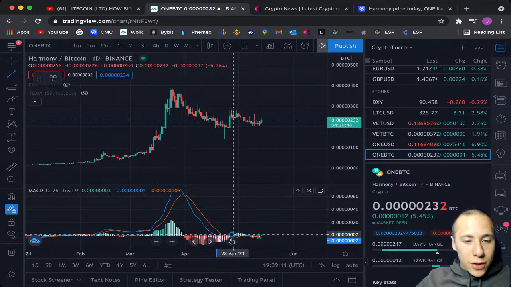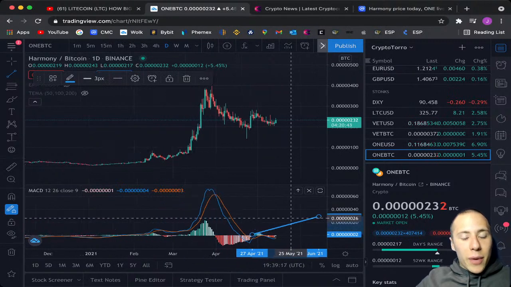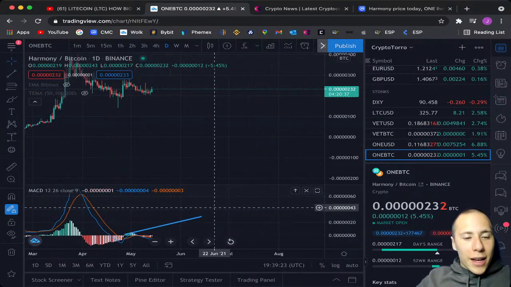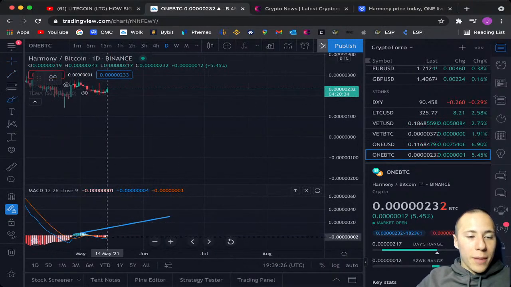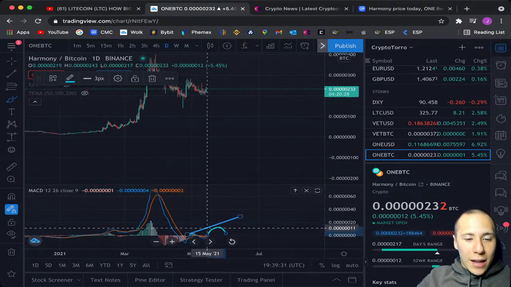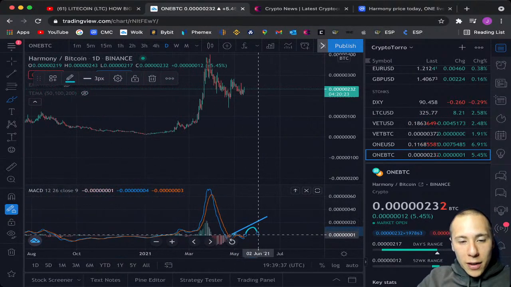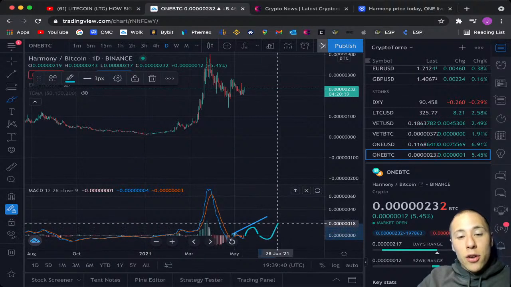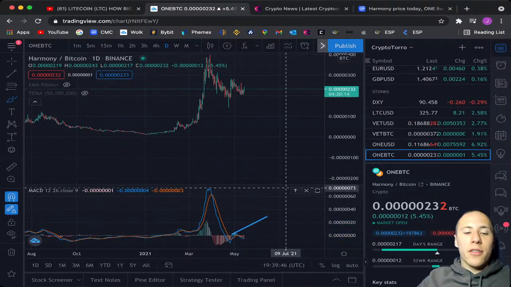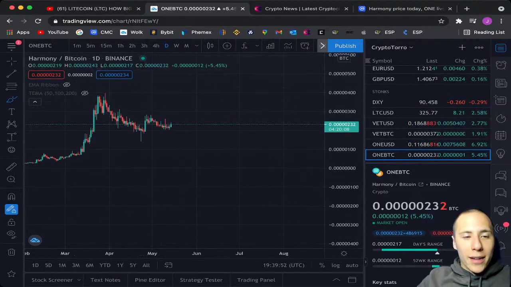But do not forget that we also saw on the RSI a bearish divergence being created, and I think the bearish divergence is a huge indicator of a move towards the downside. So I think we have to be careful at the moment for Harmony, but if it has enough momentum, we will be seeing momentum being created towards the upside. And afterwards, of course, if there is a second crossover, there will be once again a little bit of momentum towards the downside, and after that we could be seeing a huge momentum towards the upside. And at that moment, it might be also possible that the bearish divergence on the RSI is already gone. So that is my personal opinion right now on Harmony.